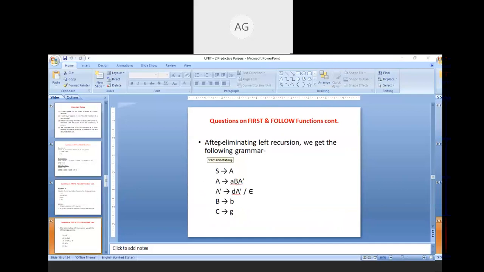After eliminating left recursion, we get the following grammar. So this grammar we get as you remember the rule that A produces A alpha or beta. This is the rule, and this can be converted to A produces beta